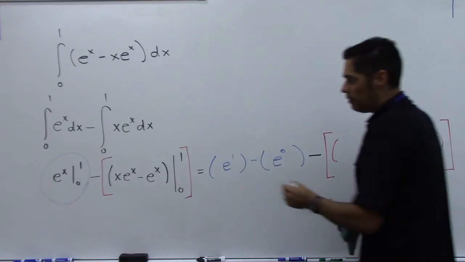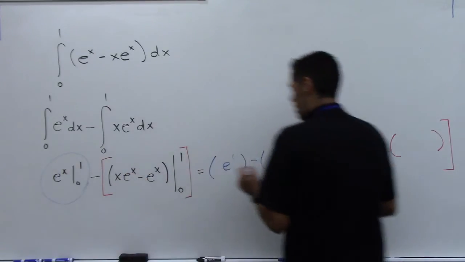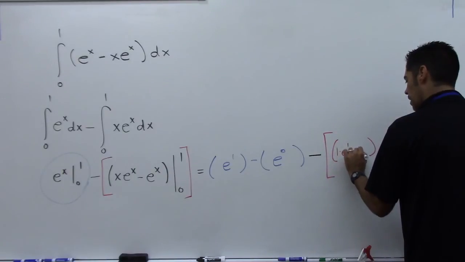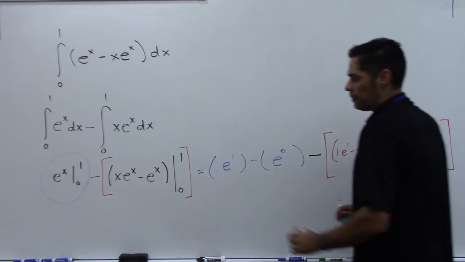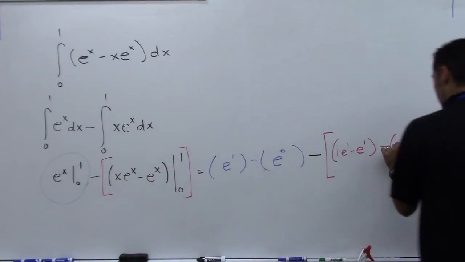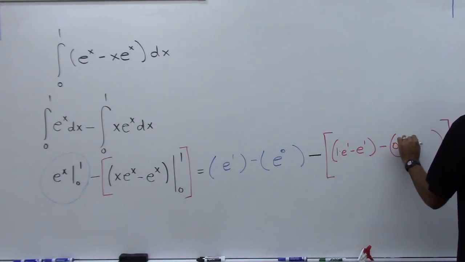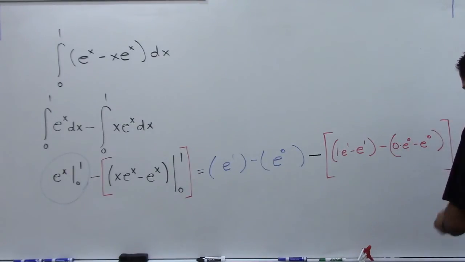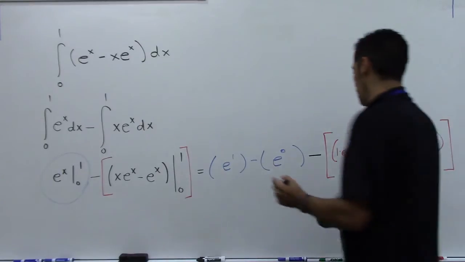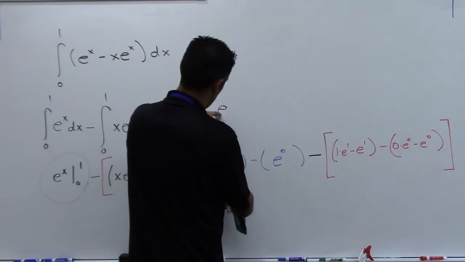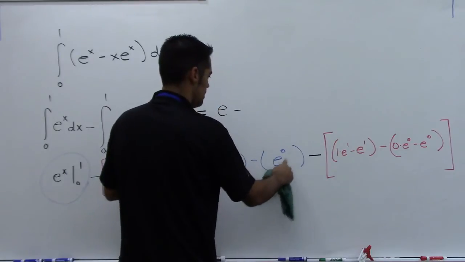If I plug in 1 into this, I get 1 times e to the 1 minus e to the 1. That's what I get when I plug in 1 here. When I plug in 0, I get 0 times e to the 0 minus e to the 0. So let's figure out what these are. So this equals e to the 1 is e, minus e to the 0 is 1,